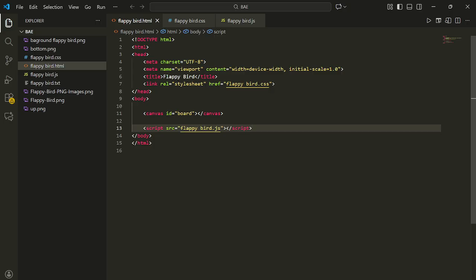Alright, first, now we will talk about the HTML explanation. The HTML file begins with doctype html, which tells the browser that this is an HTML document. Inside the html tag, we have two main sections. One section is head,